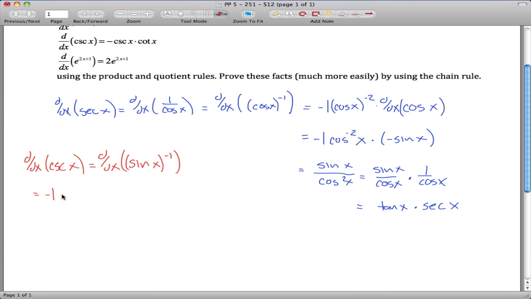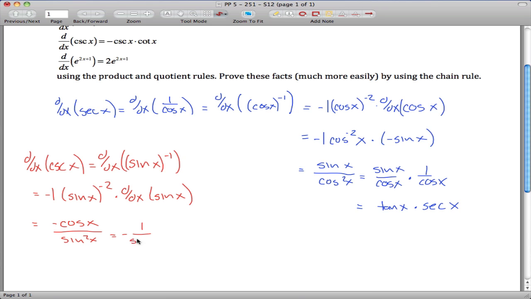It's -1 times sine of x raised up to the -2 times the derivative of sine of x. And the derivative of sine of x is cosine. So what we have here is negative cosine of x over sine squared of x,